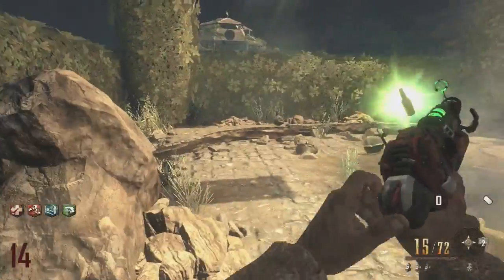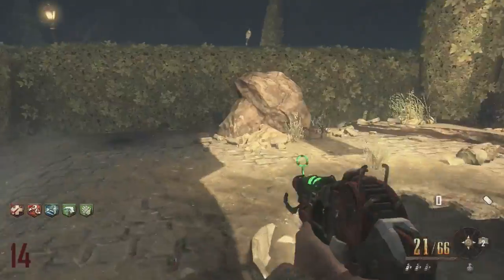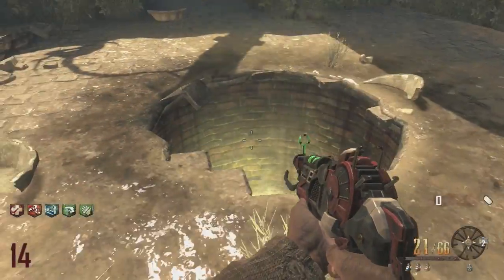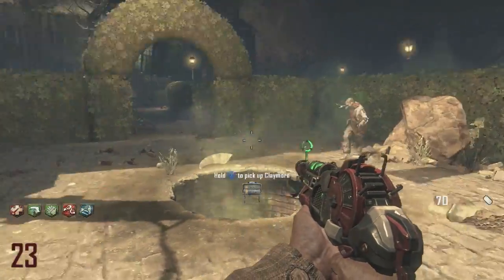And I highly recommend you buying 4 perks before you get to this area. That way when you kill that lady, she gives you the 5th perk. And so you have 5 perks. It's pretty awesome. But this is the area right here that you can run circles in, and it works really